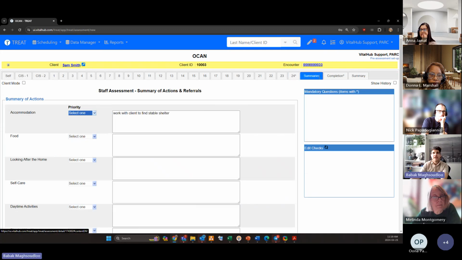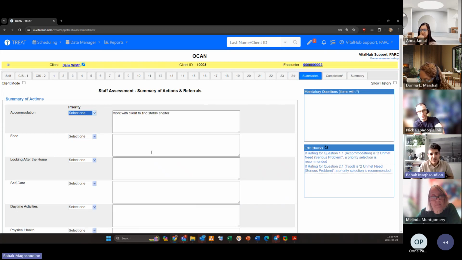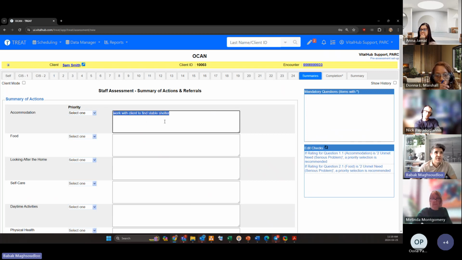Okay. Now, you'll eventually get to the summary section. In the summary section, what you'll see here is the notes that you took for any of the items from 1 to 24, where you put a plan in there. So it'll just bring that forward for you. It's the same information. And you can see here for any of them that are unmet, you need to provide